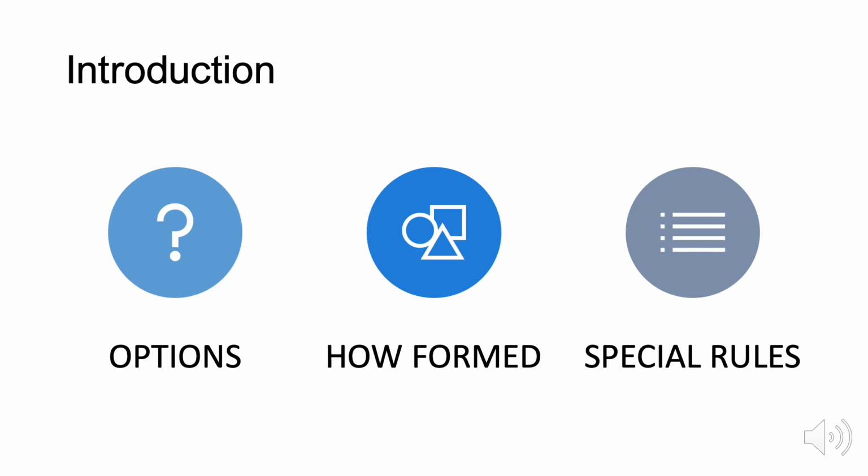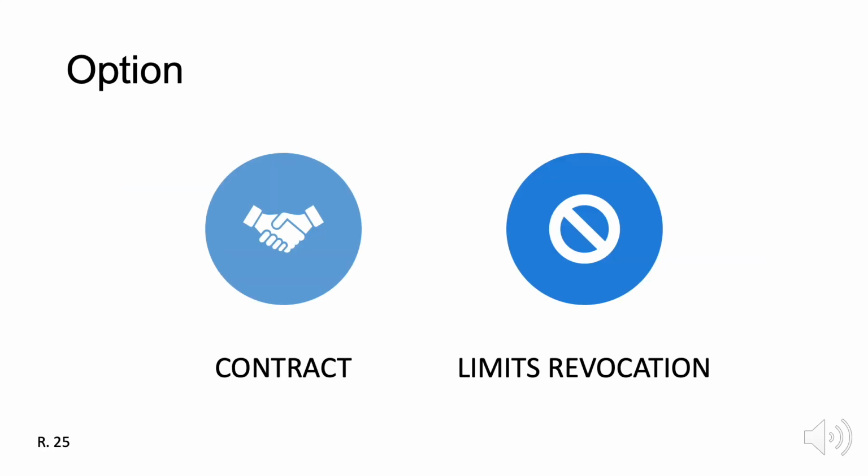Option contracts are contracts. They're formed in the ways that contracts are formed, with the exception of a few special rules. In this lesson, we will discuss what exactly are option contracts, both in terms of their form and their function. And we'll go over some special rules you'll need to know about when option contracts can be formed as a matter of law.